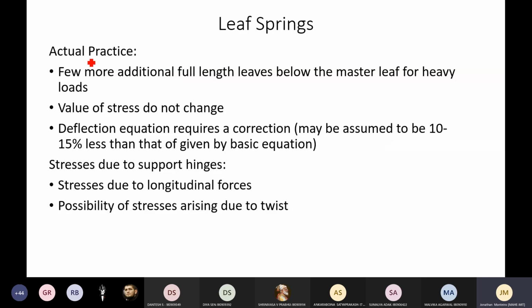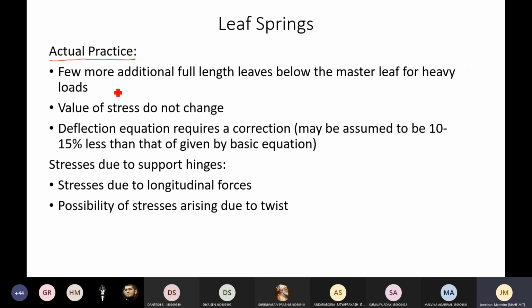Now, in actual practice, what do people do? The theory part, we have understood that it is more essential for us to put leaves one below the other, and also vary the thickness h, that is the thickness of the entire set of the springs, in order to get uniform strength. Now, in actual practice, what we have noticed is that the first leaf usually gets the maximum tension, or maximum loading. Obviously, because it is the one which is attached to the chassis, it is also bigger, so definitely there will be more stress.